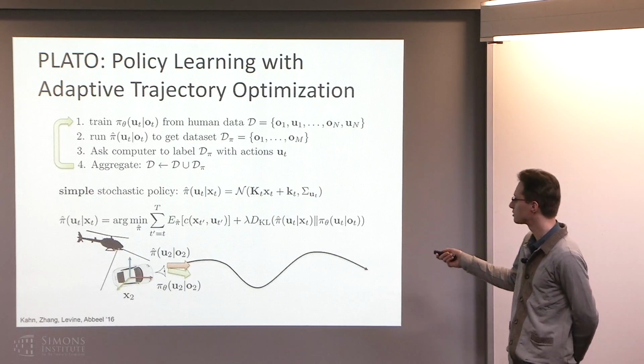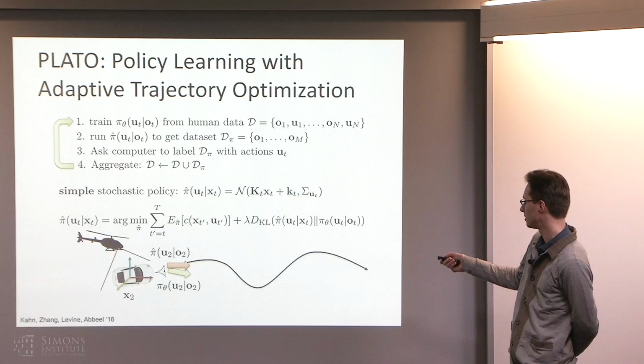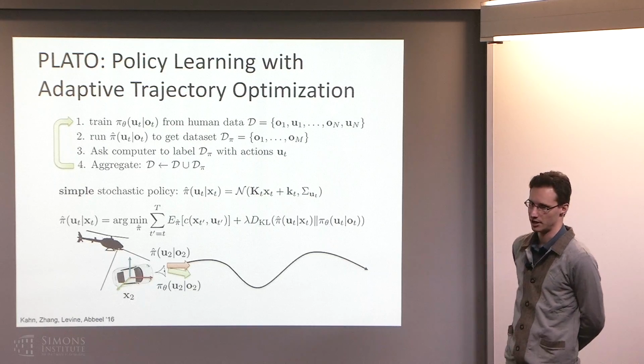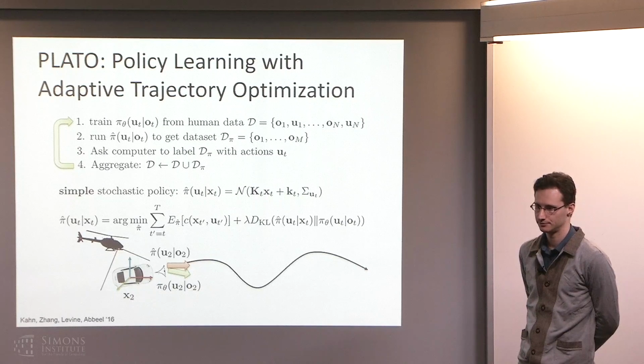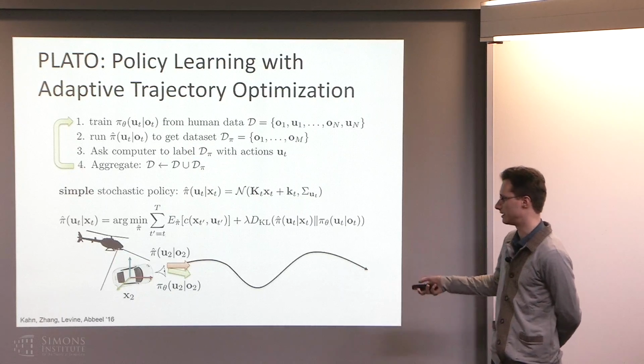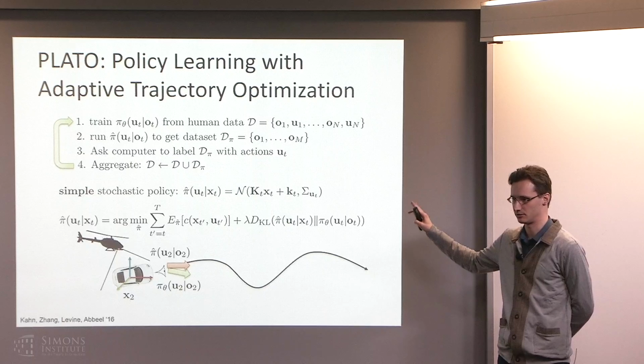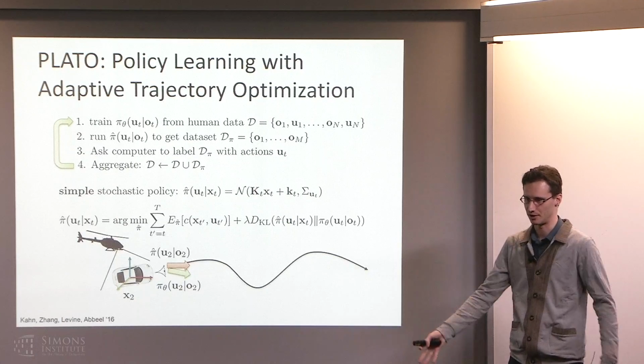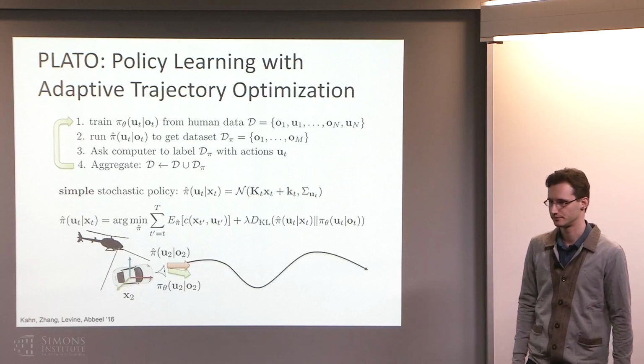So essentially what this does is it augments the cost function with an additional term that says, take actions that have high log probability under pi theta. So the underlying optimal control algorithm is not new or particularly clever, it's just an off-the-shelf MPC method.